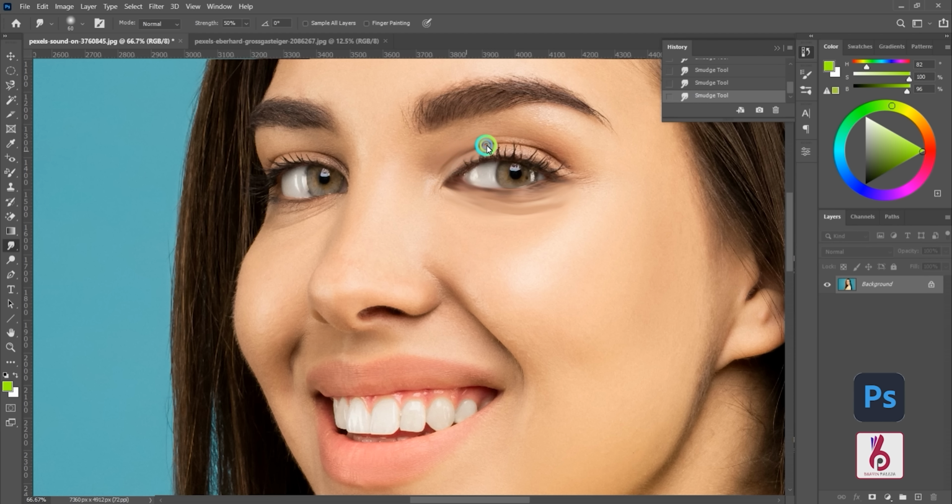Blur is used to blur a particular region of the working photo. Sharpen is used to sharpen a particular area of the picture, and smudge is used to smudge out something, or it is commonly used to make cartoon or oil paint effects.